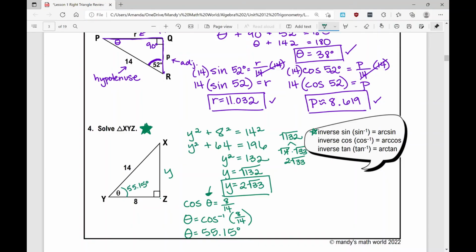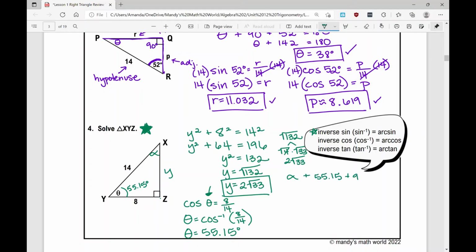And now, do I need to use another trig function to find the other angle? I don't, because I know that angles in a triangle add up to 180 degrees. So what I'm actually going to do is give this another Greek symbol right here. That's alpha. And I'll just write out an equation: